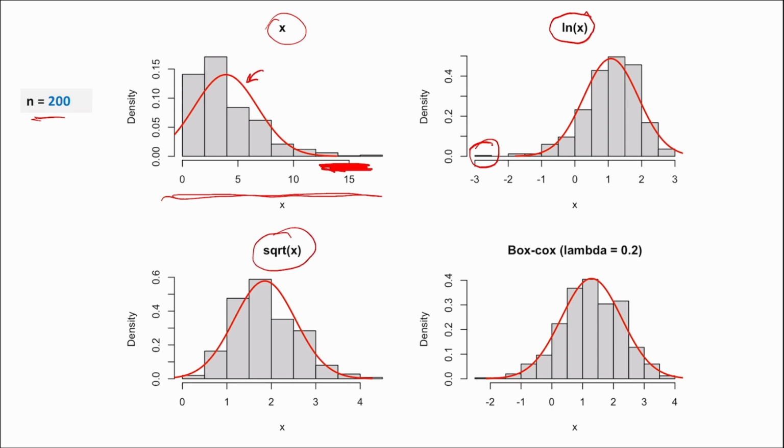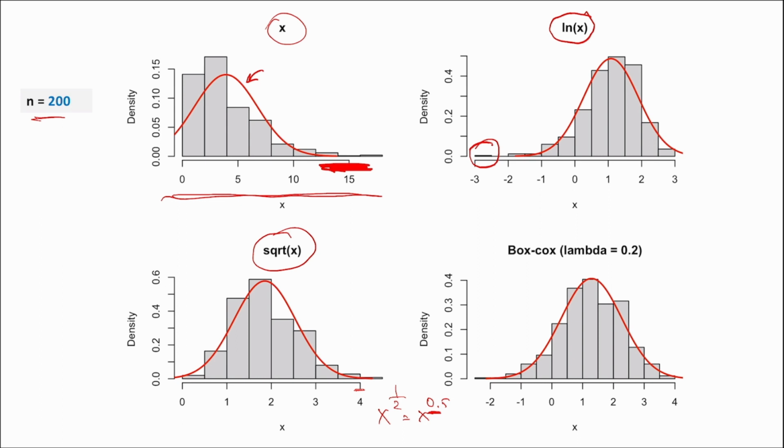You can see it's still a little bit heavy on the right, but again, much more symmetric than the original one. And then you remember, what is square root? Square root is x to the power of 0.5. So if we change this 0.5 a little bit, so if I use